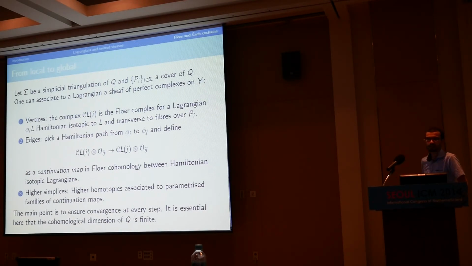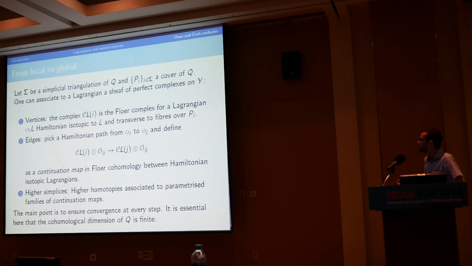So I already said that what you should do is take a triangulation of your space. At every vertex, you do the construction that I just explained. You choose an open set near that vertex, and you build this complex in which you use that regular function for your differential. So then you'd like to know what happens when I go from one vertex to the other. So what you should have is a map of complexes. And this map basically comes down to what I call the fundamental theorem of Floer theory, which is invariance.